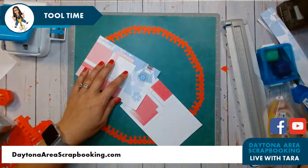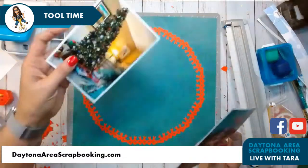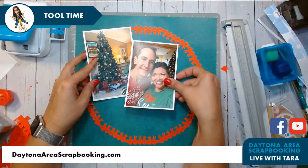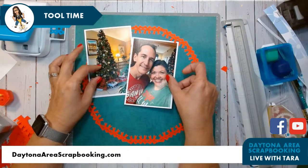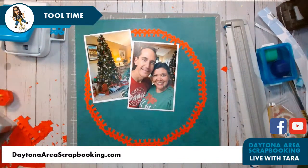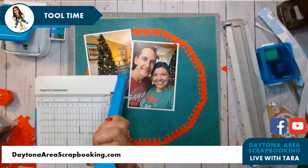I've made some really fun pages with this technique. I think that's one of the ones I did on Facebook Live with the Star Punch border maker cartridge, because that one is great for vacation. I love these kind of pages with just a couple pictures. I mean, you've watched me. I love a page that I can fit max photos on, but I also love a page like this for like an intro page. So typically we take a lot of pictures Christmas time, and so this is a great little